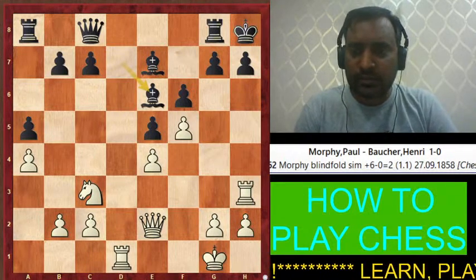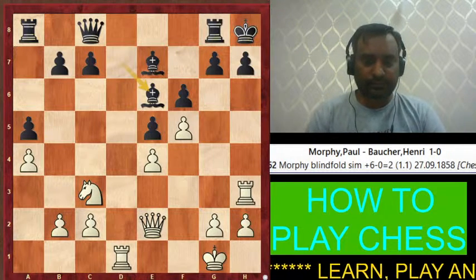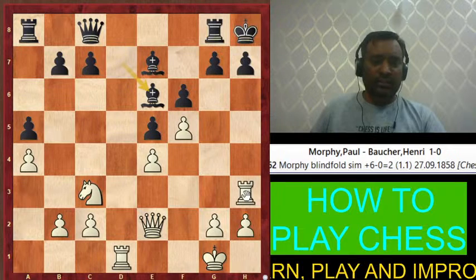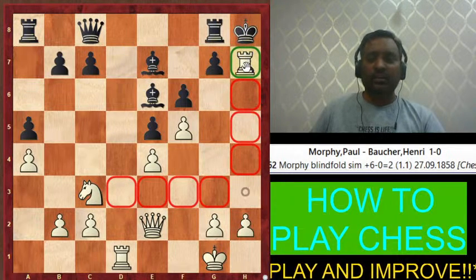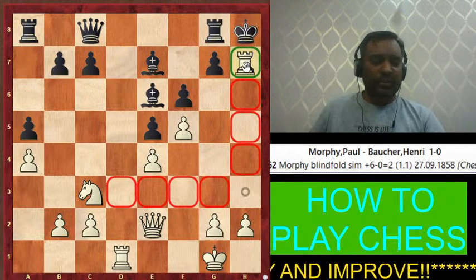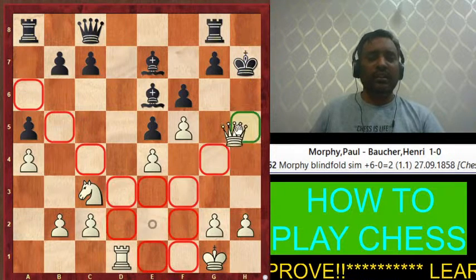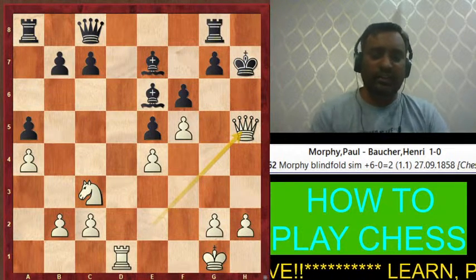Okay, so anyone? Shoaib Sheikh, you there? Yes, so here white can checkmate not by queen h5, but by rook takes h7, king takes h7, and then simply queen h5 checkmate.